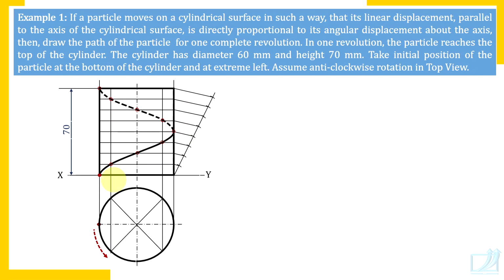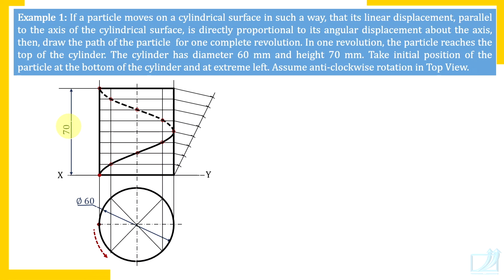And now watch here, first half, that is boundary generator to boundary generator. This first half is visible, next half is hidden. So this is how we have completed the helix. Now insert all dimensions in the sense diameter of the helix or diameter of the cylinder and pitch of the helix, and how much it is, 70.